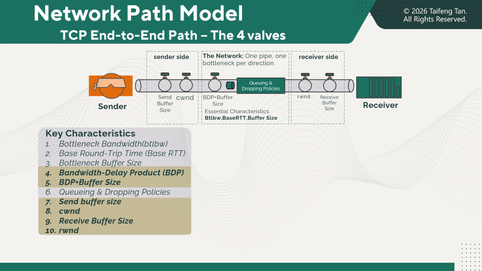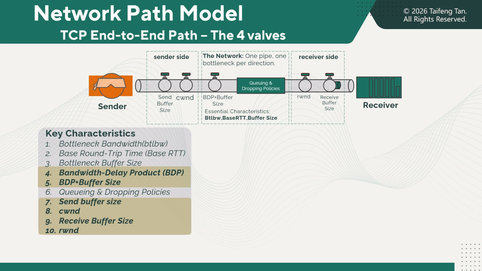On the receiver side, flow control is key. The receiver advertises its receive window, or RWND, in TCP ACK packets. It's basically telling the sender, this is how much free space I currently have. The sender must respect this limit. The receive buffer size determines the maximum possible receive window, meaning RWND is always less than or equal to the receive buffer. If the buffer fills up, the receiver reduces RWND, forcing the sender to slow down. This is TCP flow control in action.